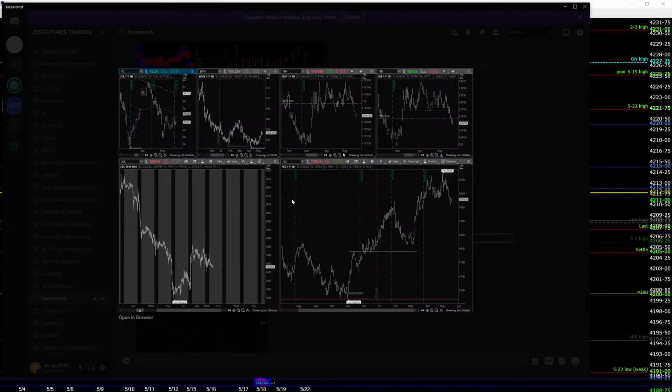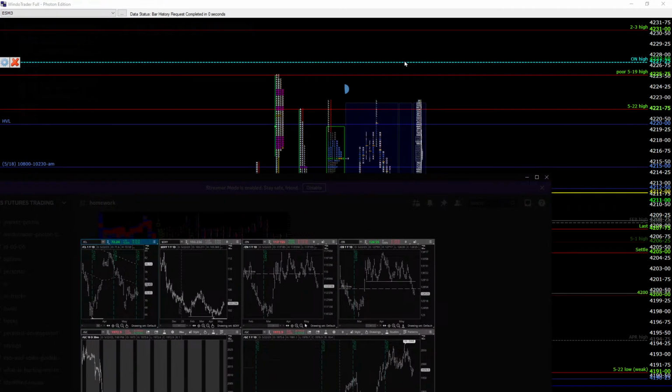Something that is catching my attention here is the bond market. Now notice how the 10 and the 30 are actually breaking. There's nothing here. It's very quiet. The ES is quite high, and it seems like it's not paying attention to this market. But if this market keeps going lower, eventually this market will need to catch up with these bonds, or the bonds are going to come back to catch up with the ES.